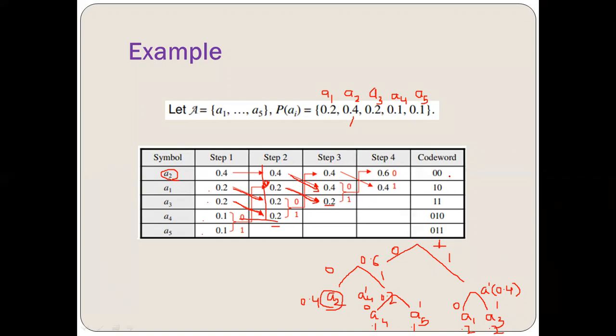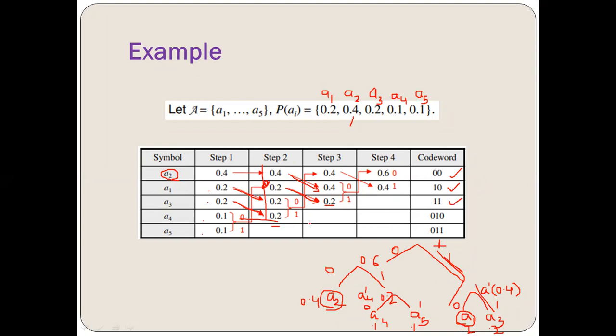So the code word is 00. For A1, just check it out. A1 is this one. This is 1 and this is 0, so 10. Next is A3. A3 is 1 and then 1, so 11.